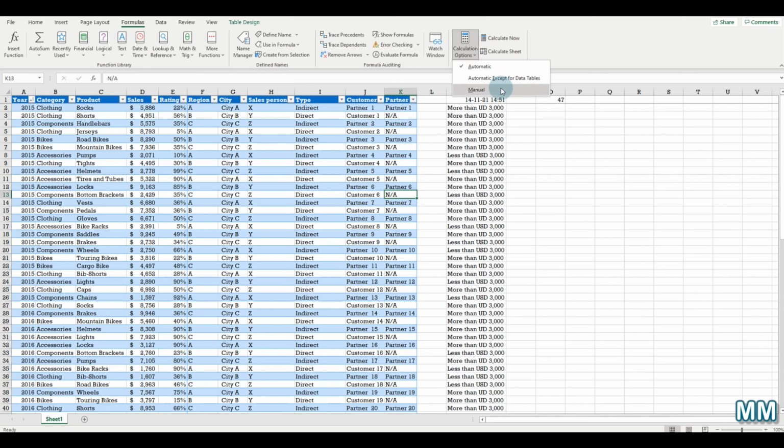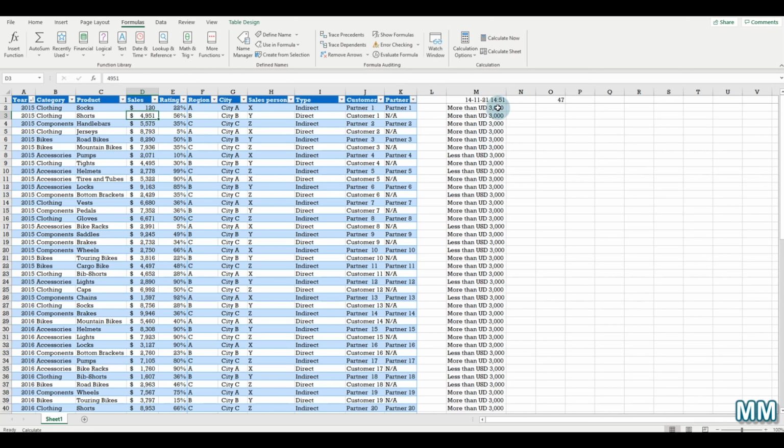Why would you like to have the manual calculation? Let's imagine that you have a 10, 20 sheets workbook where you have a lot of formulas, really complex formulas with multiple criteria, IF, THEN, OR, AND, and so on and so forth. And you have so many formulas that Excel is using all your computer resources to calculate them constantly, and your Excel might freeze because your computer is out of resources. Then you might select the manual calculation, and this means that if I'm putting manual, let's say that I'm changing this to